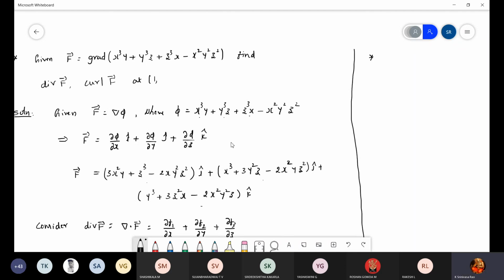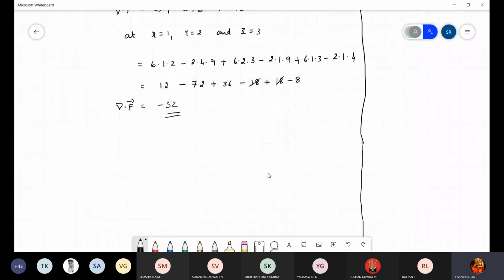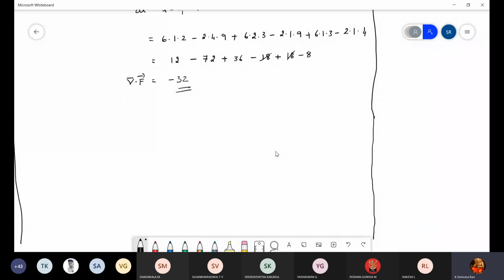Now just change the question. We will complete that. What is curl F now? It's a practice. If they ask, it is a little bit lengthy, but let me see. We can go. So now consider the same problem. We will calculate the continuation of curl F. Curl F equals the determinant of i, j, k, dou by dou x, dou by dou y, dou by dou z. Yes, substitute this equation.